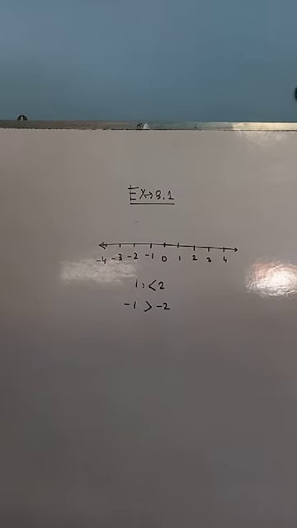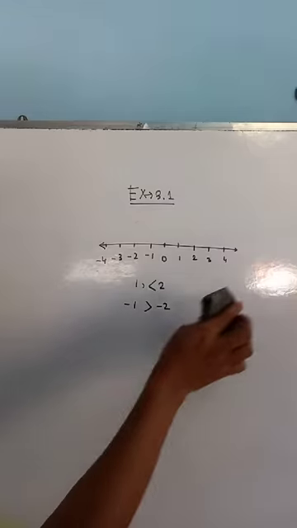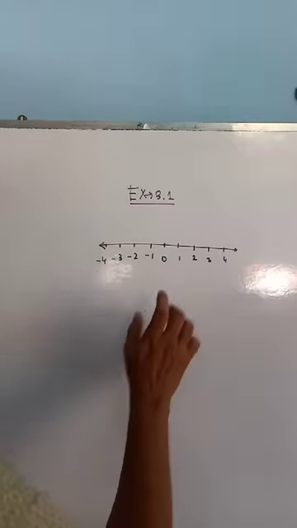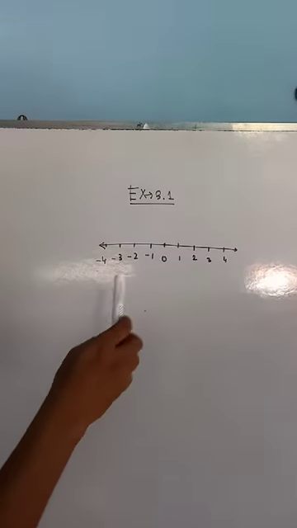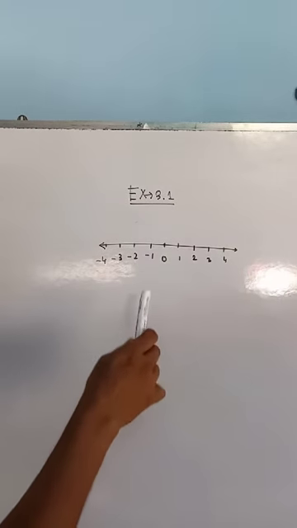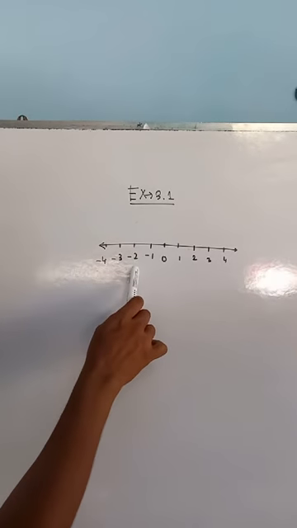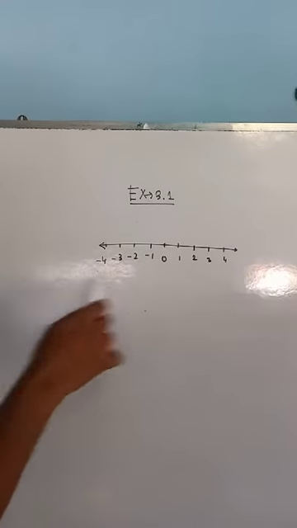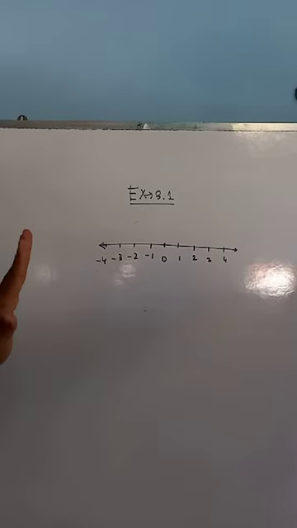Now I will discuss question number 3. It says, in each of the following figures, which number is to the right of the other on the number line? So 0 and minus 2, see that part? From there you can get the answer. 0 and minus 2. Which number is to the right of the other? 0 will be to the right of minus 2. Minus 2, you see in front of the board. So which is the left side, which is the right side? The 0 is to the right side of minus 2.